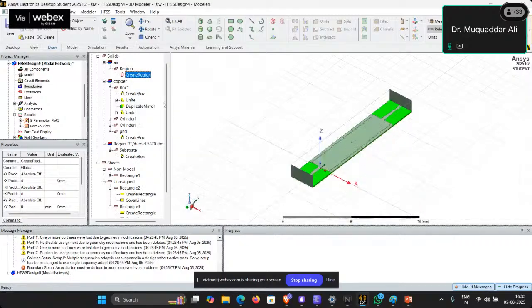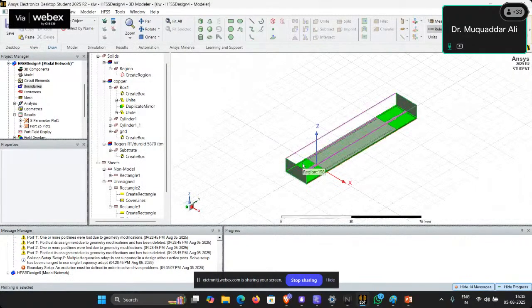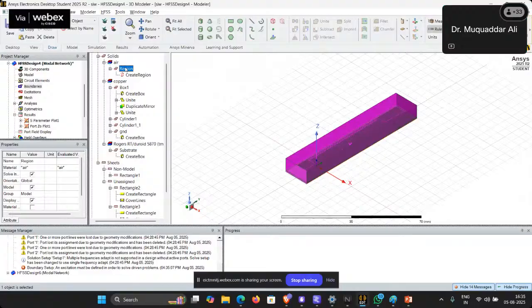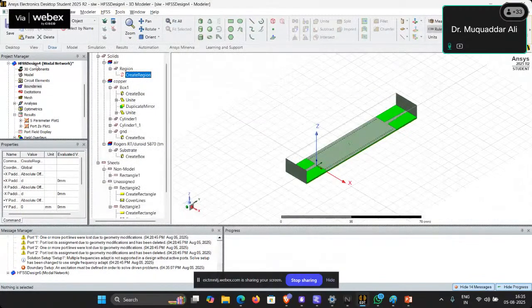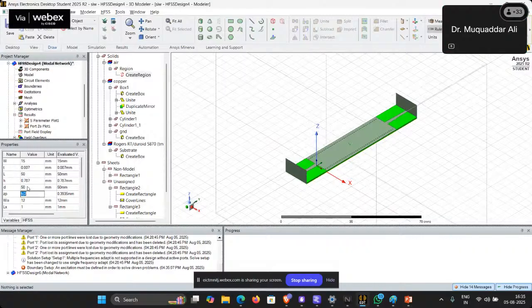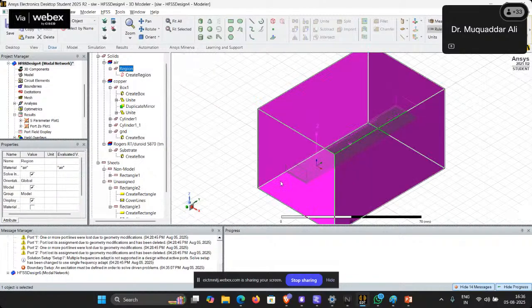Now go to isometric view, and this is our region. So this is our region that is extending from minus LF1 to L plus LF1,